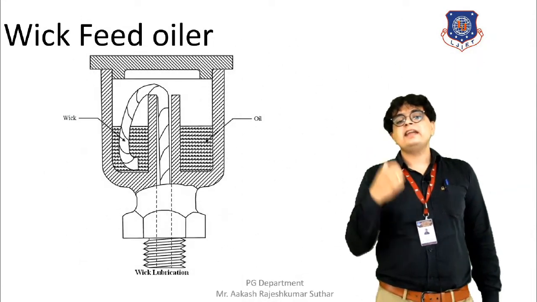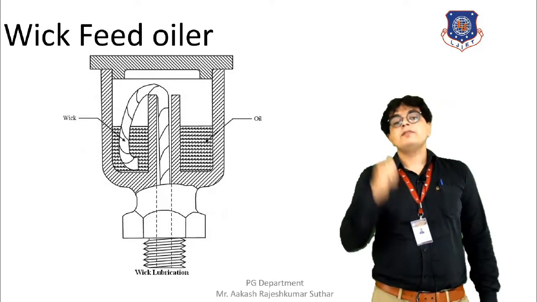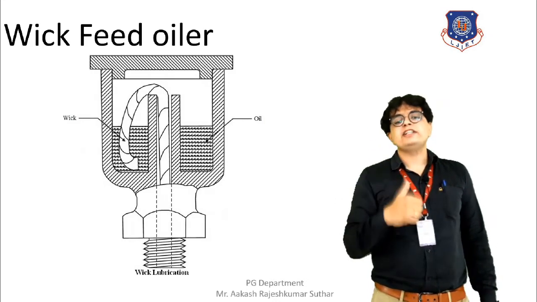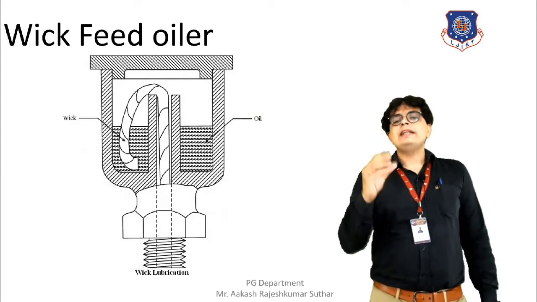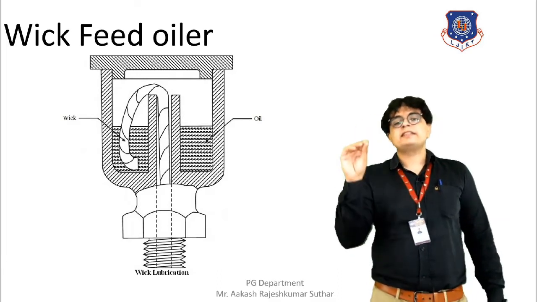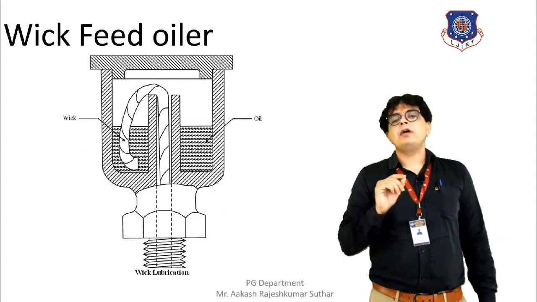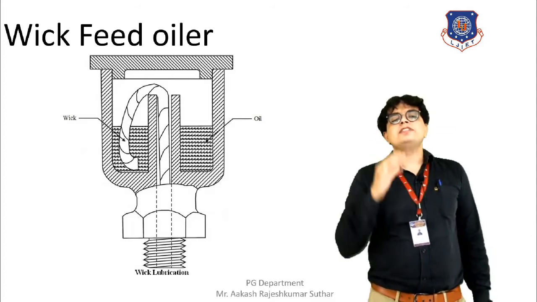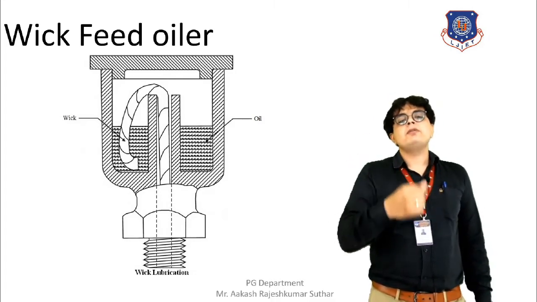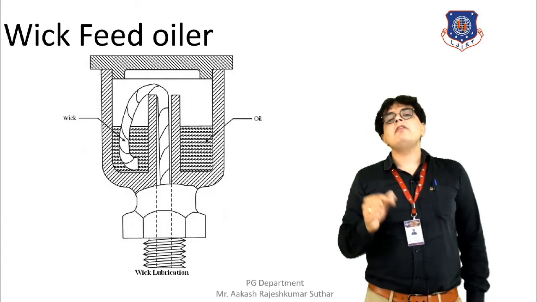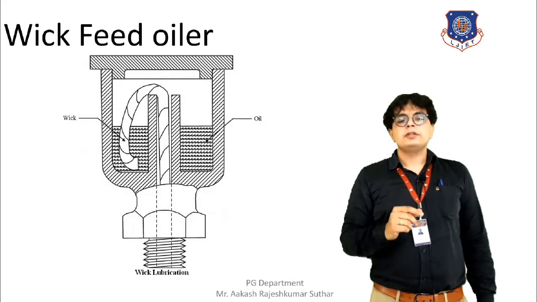Here we can easily see that there is a thick wick which has been immersed into the reservoir, where the lubricant in the form of oil is being provided. So from that, under the capillary action, the oil will move in the wick to the different parts, and at the same time it will move under gravity also. So with the help of the combined effect of the gravitational force and the capillary action, the oil from the reservoir will be transferred to the required bearing, and as a result of this, the bearing will be lubricated.